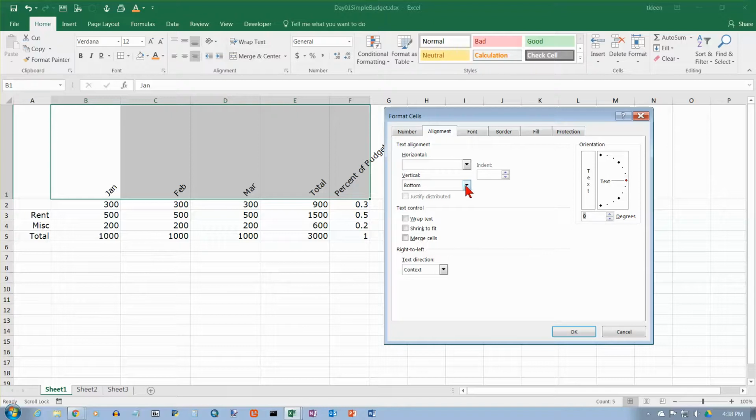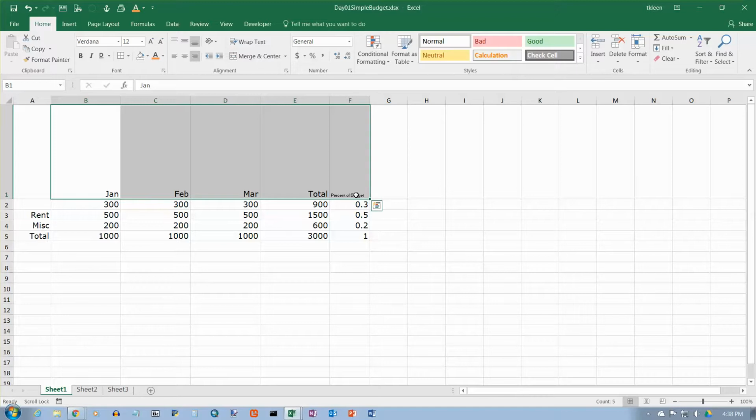And we've got some choices here for vertical. You can do that through these buttons right here, so we're not going to worry about that. Wrap text is something that's also up here. We do have shrink to fit, which is not here. If I click on shrink to fit here and then click on OK, you see what happened. Percent of budget got really shrunk down, so the whole thing would fit inside the box here,